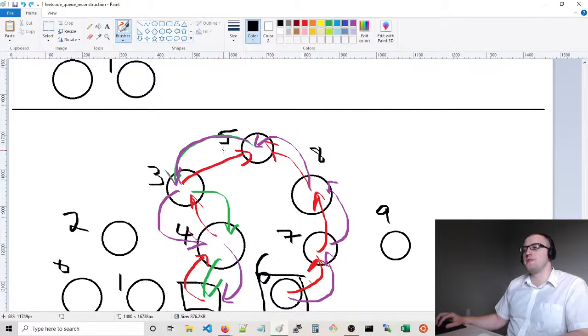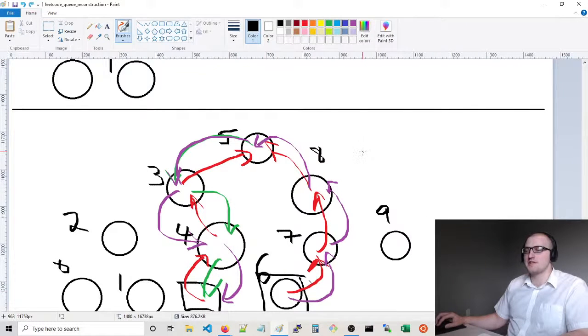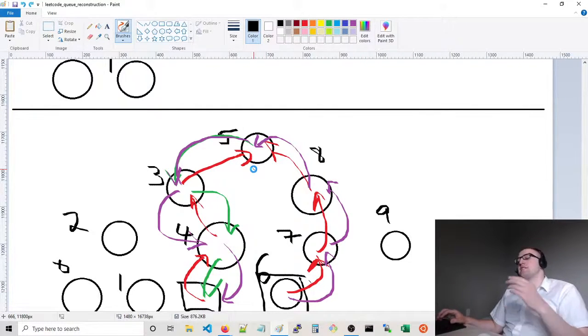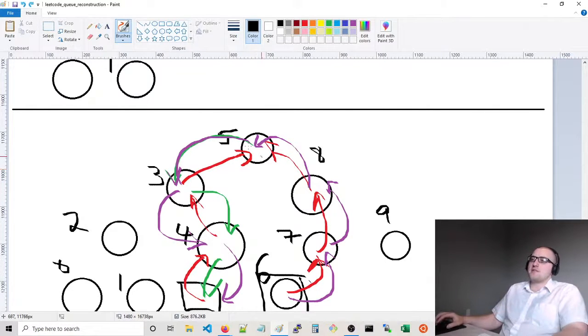So 5 is going to be to 8 what 3 was to 5. That's the way to do it. Okay, that makes sense. It's kind of hard sometimes to understand what you're looking at, what you're dealing with. But basically, each node is going to have the same relationship that the previous nodes had,